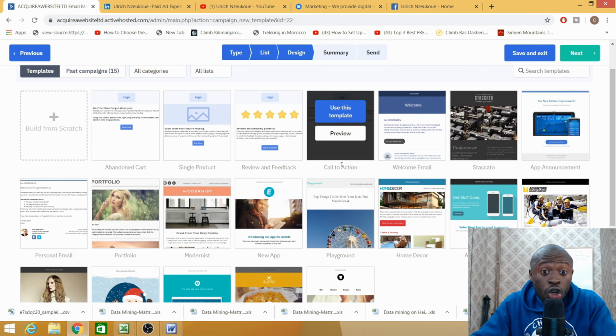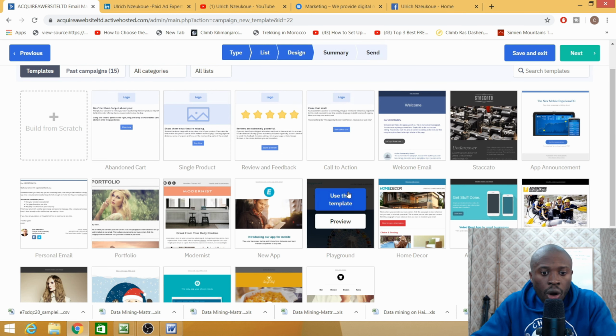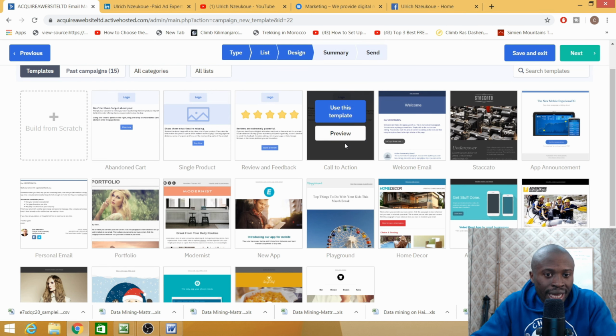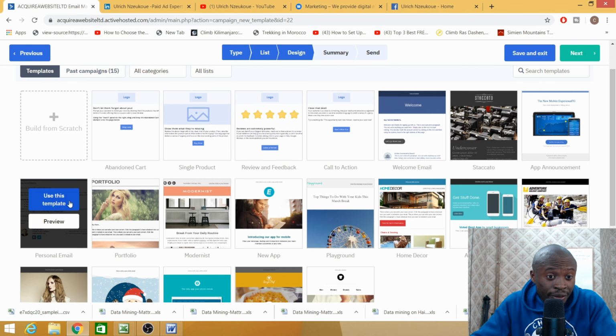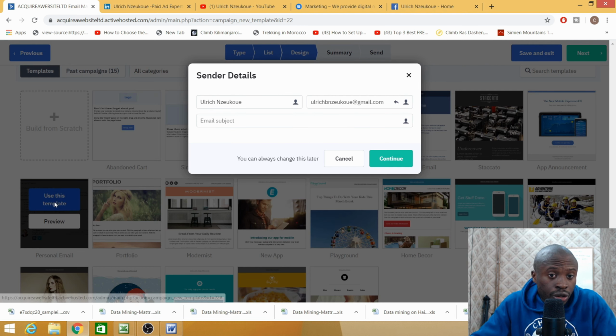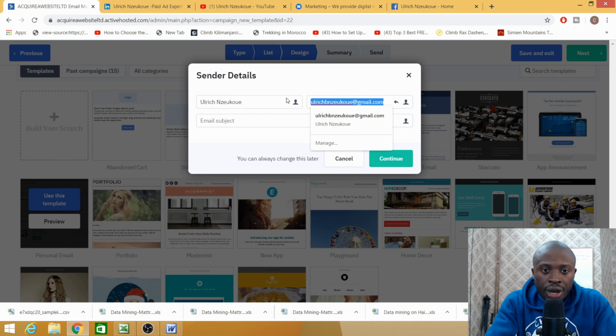So these are examples of templates that ActiveCampaign offers us. However, we can always write our own templates, right? We can always design our own templates. So you can start from scratch, but for this specific example, I'll use a ready-made template. So I won't really have to build one from scratch. And here, when it comes to the sender's details, one thing I need to mention is that ActiveCampaign